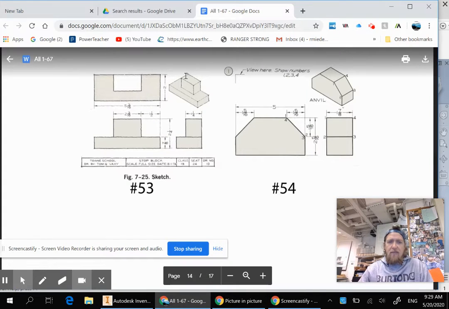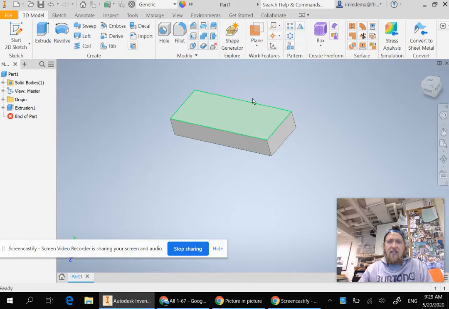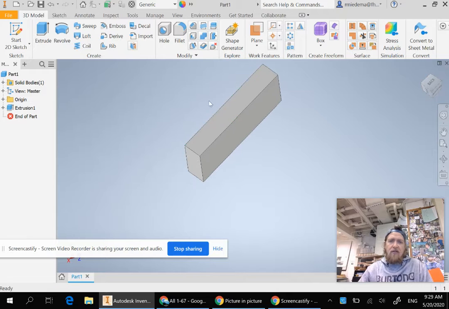All right, and so we'll go back into here, and now we got to put this little top cube on there, rectangular prism, whatever it is here. That's 1 1/4 in depth and 2 3/16, and it's going to come up a total of 2 1/4, and it's going to be 1.5 over. So I'm going to come back here and I'm going to sketch that on there. So I can sketch on the back of the object and extrude it forward. I can sketch on the top and extrude it up, which I think makes a little more sense for you